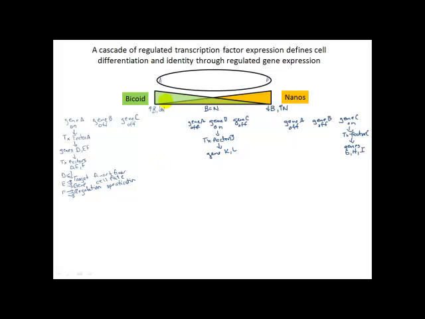Key point here is that these morphogens that are initially expressed in the oocyte switch on different sets of genes that encode different transcription factors, which are themselves then going to switch on different sets of genes, which may encode transcription factors that switch on additional sets of genes. Ultimately, those target genes at the end of this cascade are going to be genes that actually define the actual identity of these cells, right? So we get this finer and finer specification of cell identity that initiated with these morphogens and their concentrations within